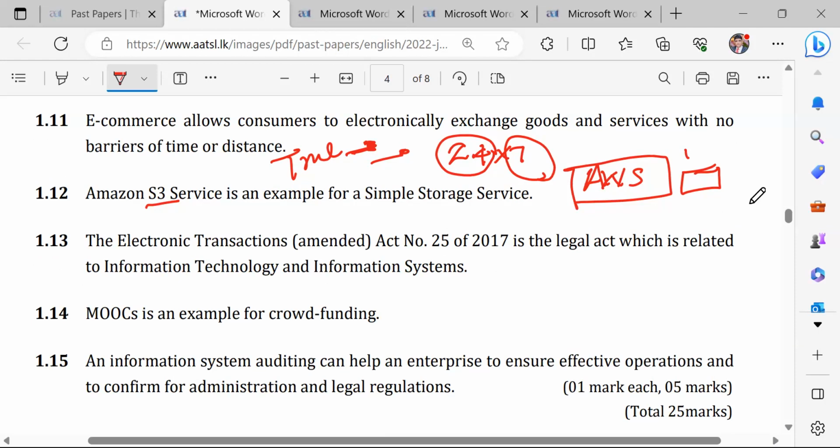Information technology and security, there are different acts for that, right? Information security, as an example, we can say payment device fraud, right? There is a separate act for payment device frauds. And copyright law. If someone is using someone else's software illegally, then we can go for that